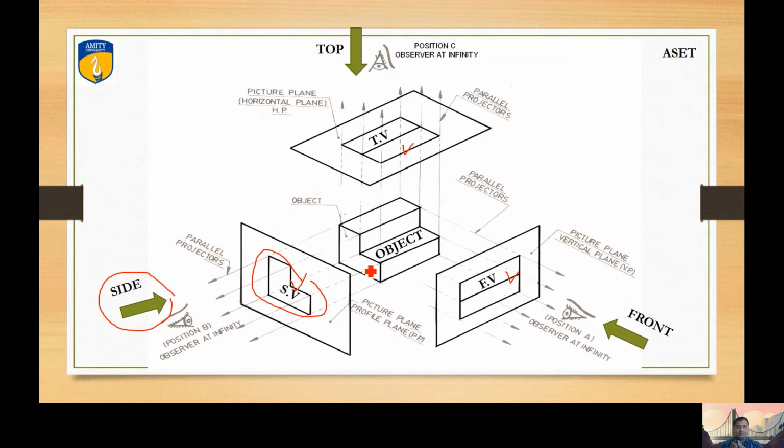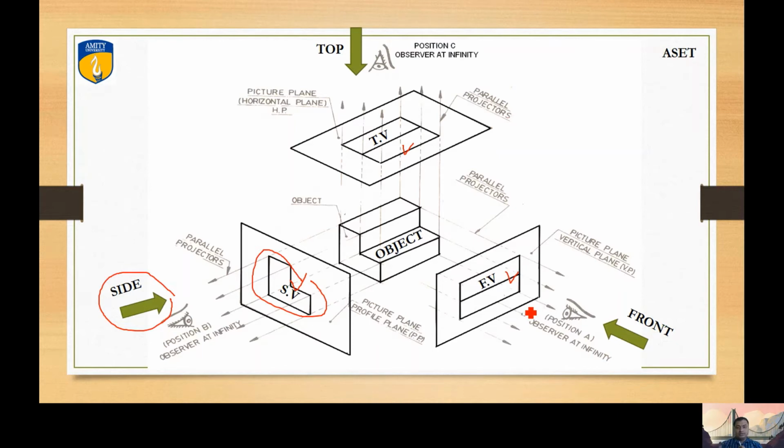The plane is also fixed: on which plane the front view is going to be plotted, on which plane the top view is going to be plotted, that is also fixed. I will be discussing that afterwards, but here you have to make a concept of orthographic. If you go for multi-view drawing, that consists of more than one view. That will be front view, top view, and that also can be the side view, right? As you can see, the observer is shifted so as to obtain the different views. So this is called multi-view orthographic projection.